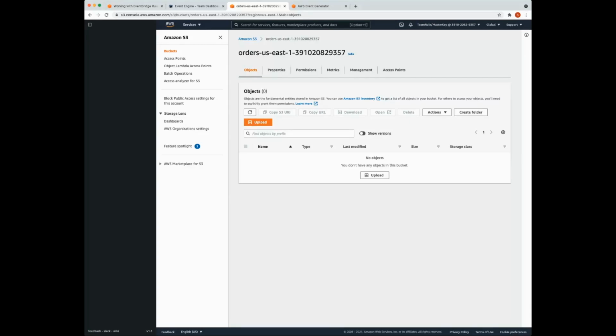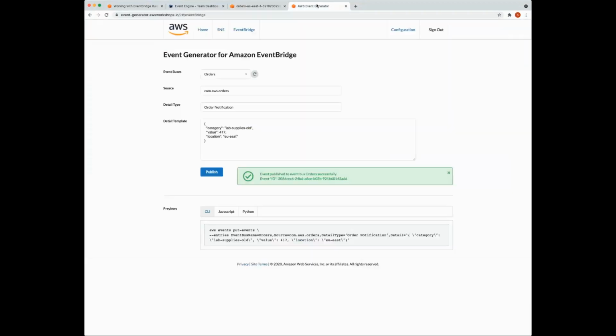So let's head back and test this event here. So our source is correct. Our event bus is correct. Change this detail here. And click publish. So that should have been caught by that rule.